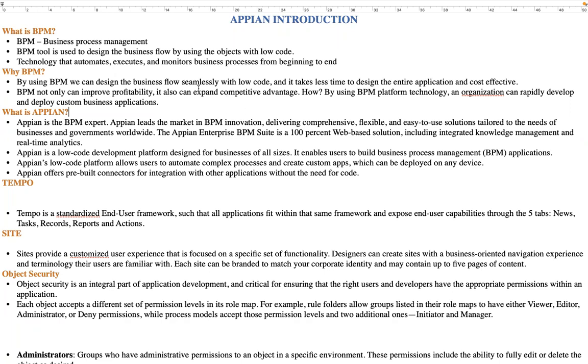We do not need to write pages or thousands of lines of code in Appian. Yes, there is a need for code when the requirement is different, but compared to Java and Python, the coding in Appian is very simple. It is easy to understand, easy to learn, and easy to configure the objects using those codes and objects. BPM tools are getting popularity because of their automation and low code features. So why, among all other technologies, is Appian having a huge boom currently?